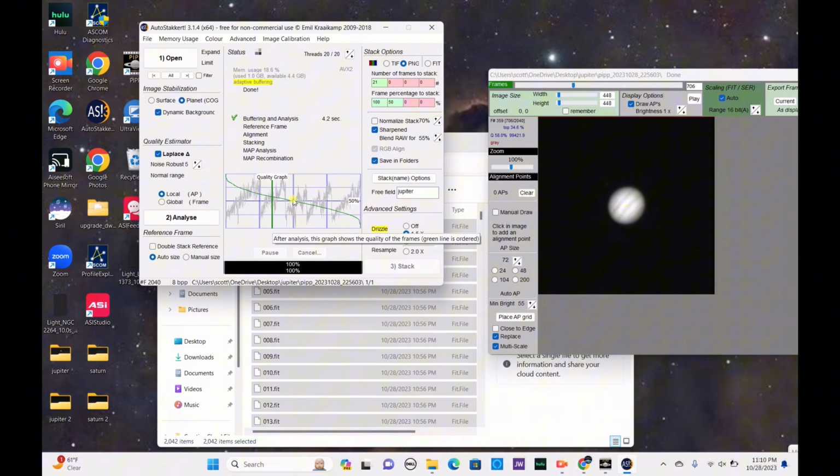You press here, you make sure you place the AP grid. Usually it will work automatically very fine, but if not, it's very simple. You just go ahead and press on different parts of your object here. Definitely not on the background. I'll never ever click on the background, because that's always damaging to your image. You click there, and after that, you go ahead and press the stack button, and that will start to stack